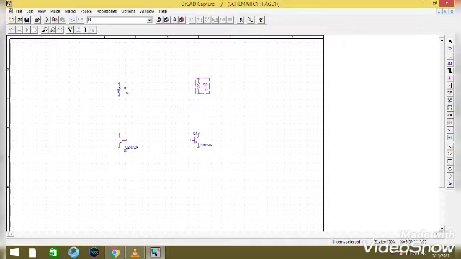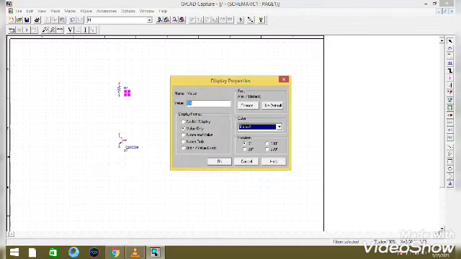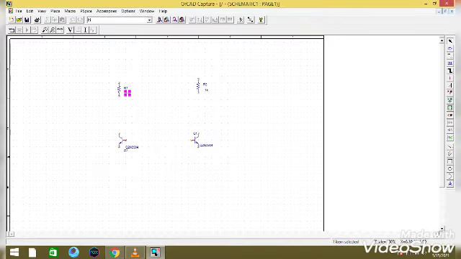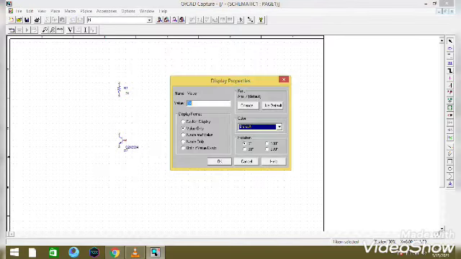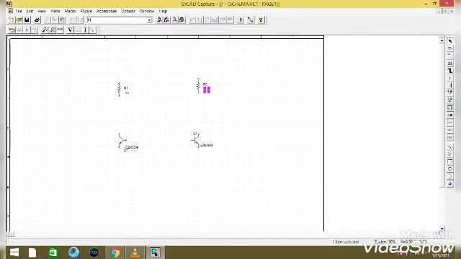Now I am taking the wire. First we'll give the values for the resistors. Double click on the 1K, and you will get a dialog box. You can give the values for the corresponding resistors. Now I am going to place wire on the right hand side. Can you see it?